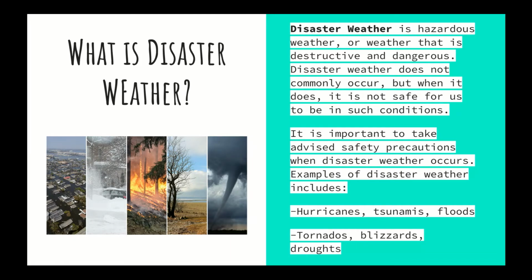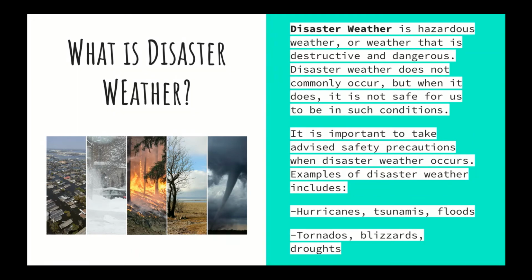We don't really have blizzards unless maybe you live in the mountains and you're experiencing a lot of rainfall, which precipitates in the form of snow. And we rarely have tornadoes. I can't recall the last time California had a tornado in the last 10 to 15 years. But other parts of the country, such as Texas, Oklahoma, and Kansas, are known as Tornado Alley. And so they experience tornadoes during certain times of the year for them.